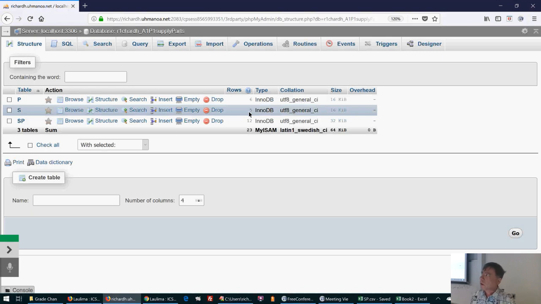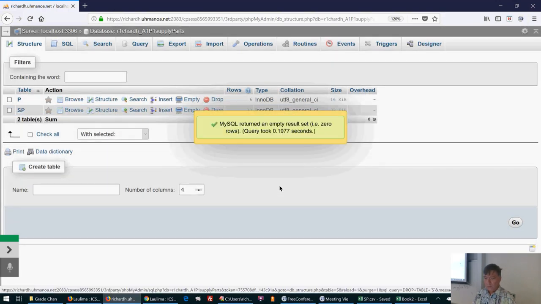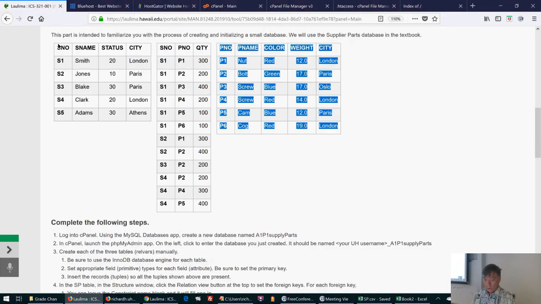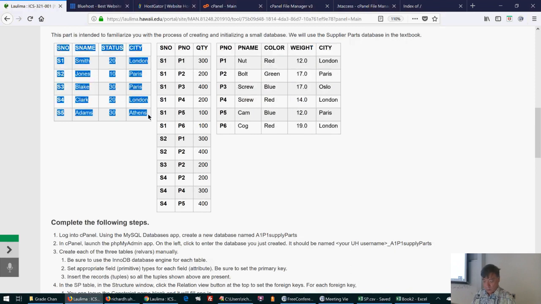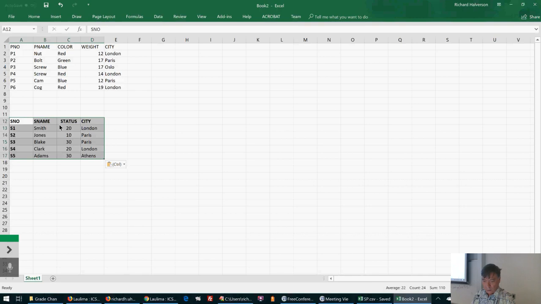Okay, so what I'm going to do is delete this table. I'm going to drop the S table because that's the one that's causing me trouble. And I'm just going to upload it again, and I'm going to do it the way I did the other ones. So to do that, I go here, and I'm going to grab this, Control-C, Control-V, copy,